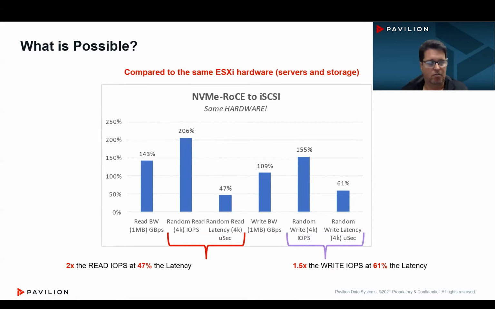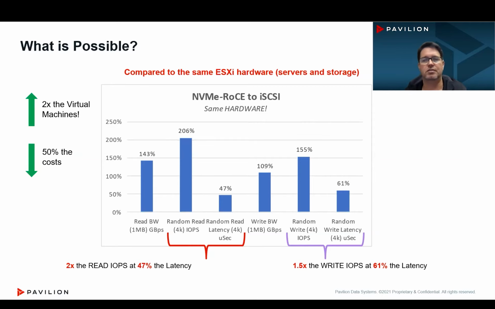Write, we all know write has greater overhead than reads, but they were still able to get 1.5 times the write IOPS at 61% the latency. So massive performance improvements. The result,